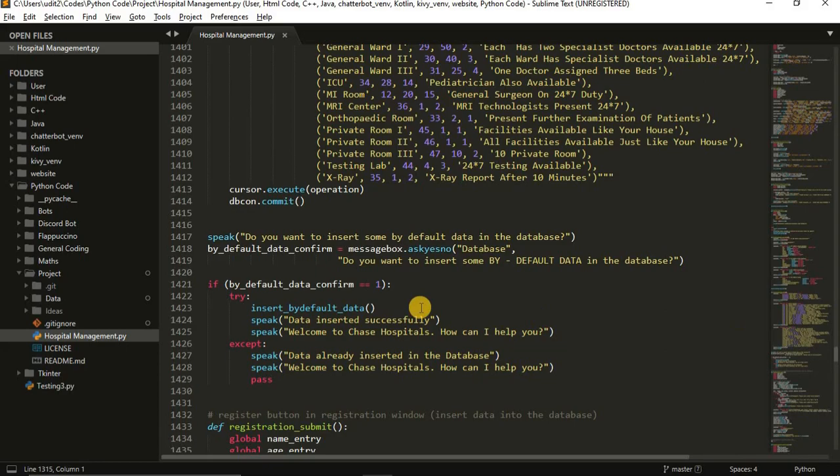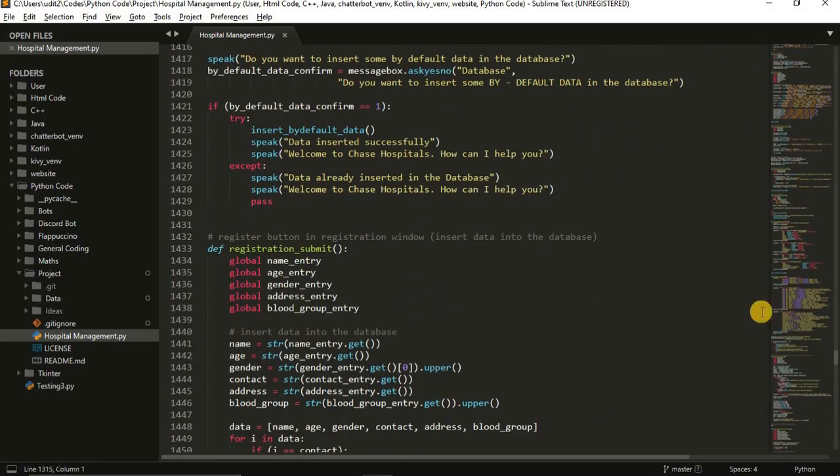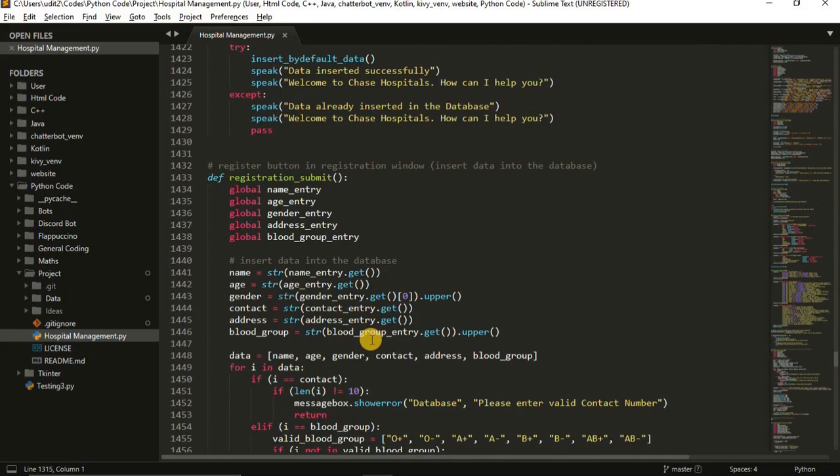After this, it is just a piece of cake. See, all these functions, all this backend boils down to two things. First is fetch, and the other is commit. Fetch is you fetch details from the database, you do stuff with the details, and commit is you insert new details into the database, or you update details in the database.